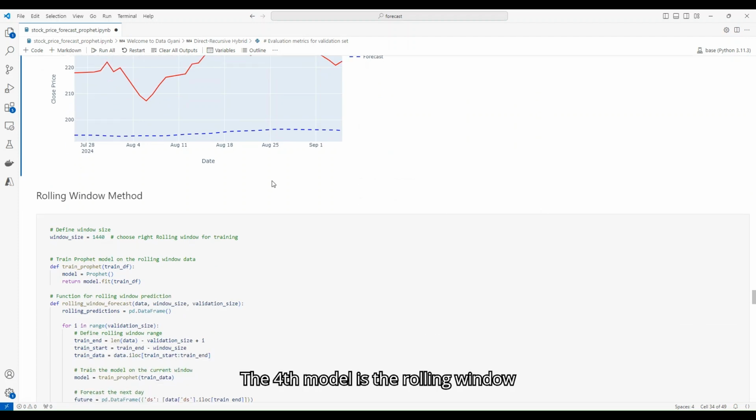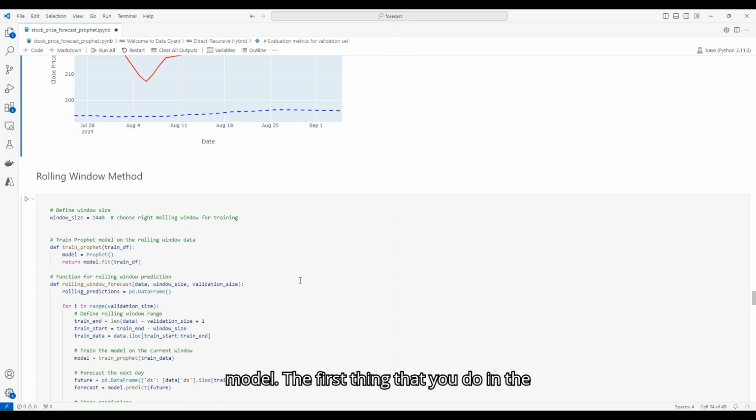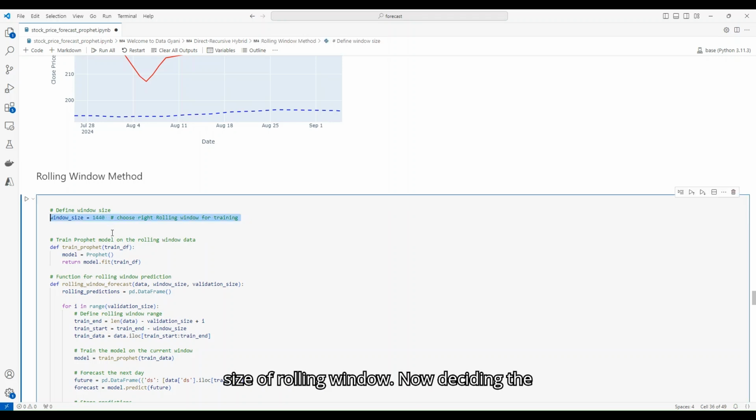The fourth model is the rolling window model. The first thing that you do in the rolling window model is to decide the size of the rolling window. Now deciding the size of the rolling window can be an iterative process. You can also create a loop out of it, and there are obviously a lot of optimization techniques which we'll try to cover in subsequent videos. But for now what I have done, I have used